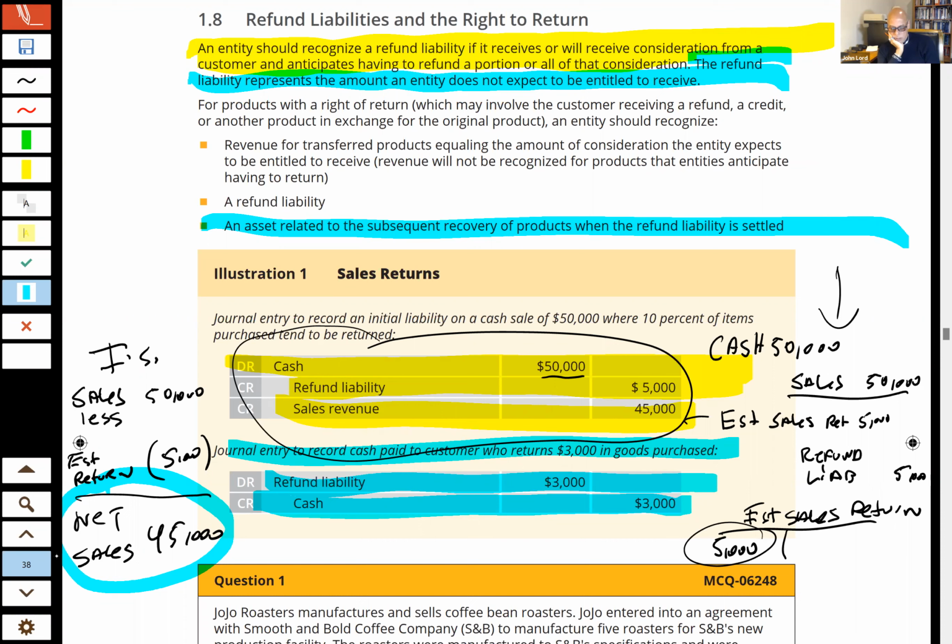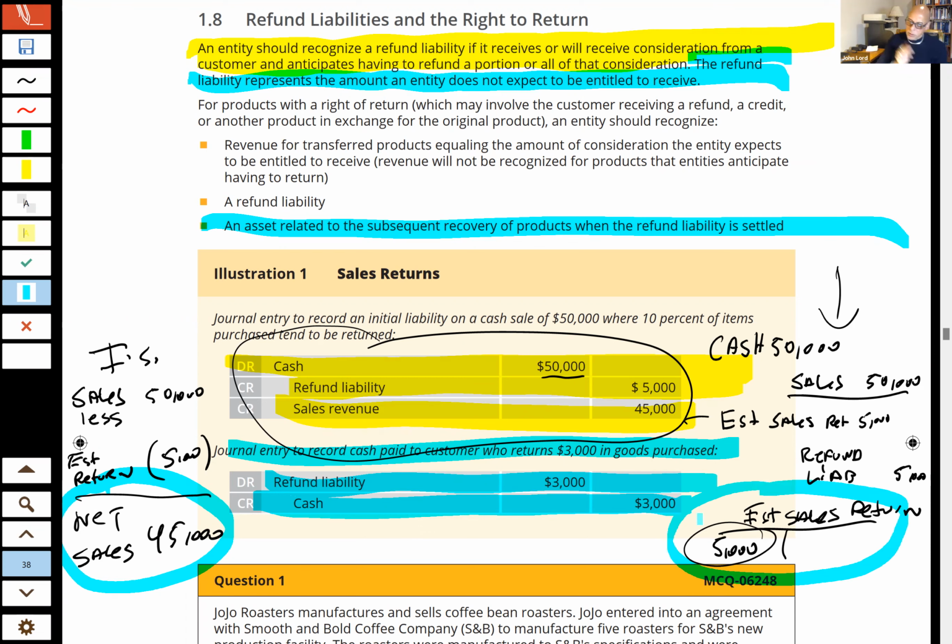Because it's an estimate. It's not like these people are all going to return the 5,000, right? Right. So the liability is the only thing that's open. Yeah. Okay. So I guess you could do it the way they're doing it. Yeah, not so much for the reason I gave a minute ago.